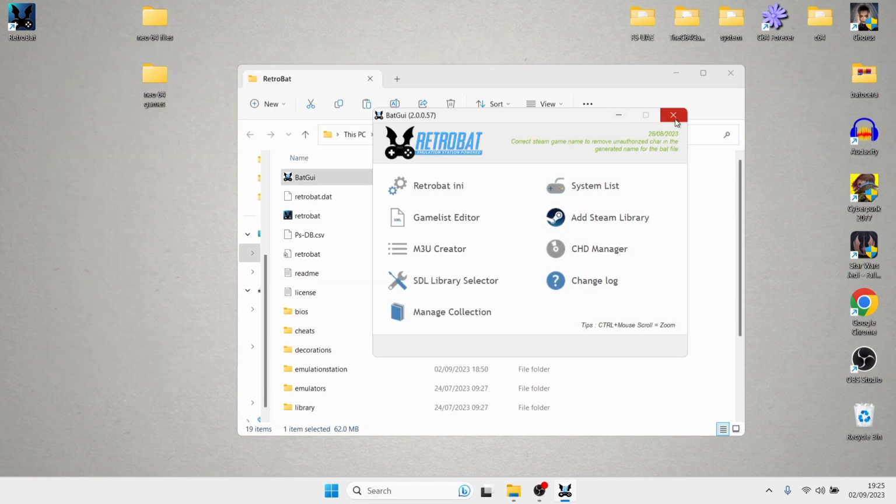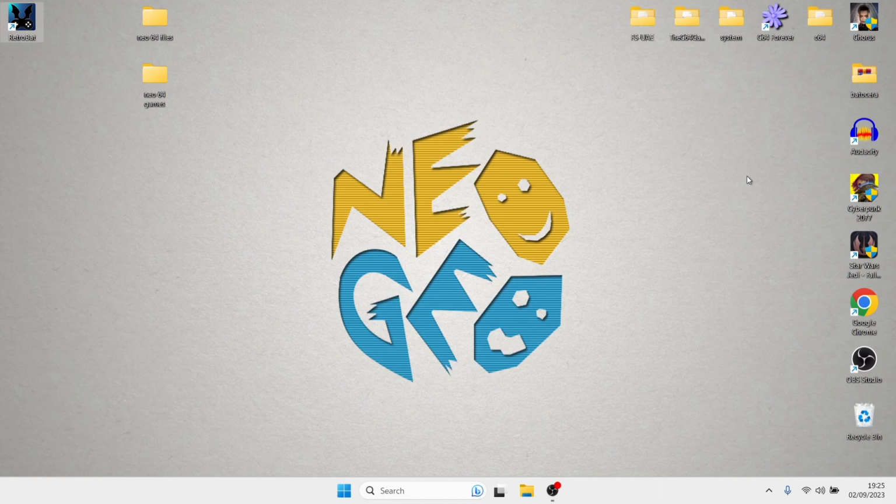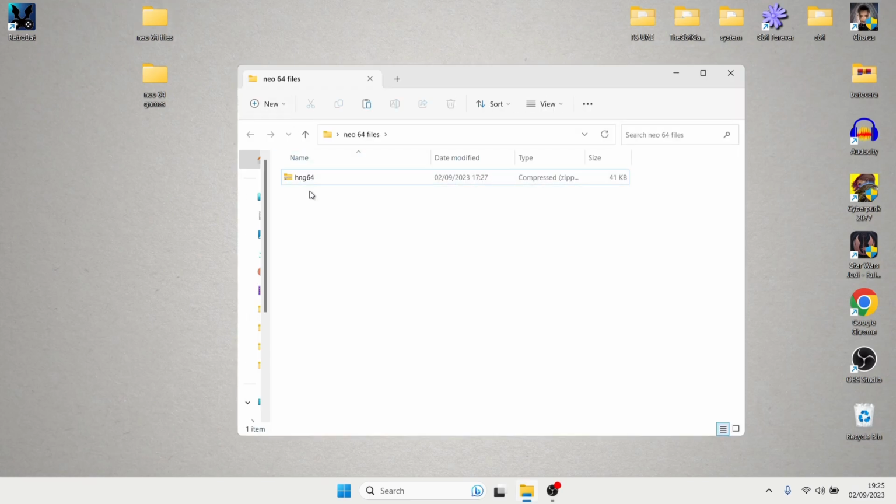So another thing I need to say is that if we go to the Retrobat missing BIOS section, Neo Geo 64 doesn't actually show up. So I've had to kind of research this myself outside of Retrobat. What I looked for was a BIOS file for MAME. So this is the BIOS file that we're going to need, and this is